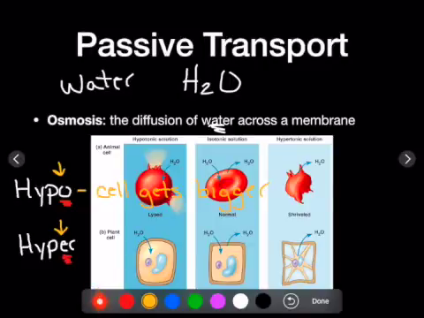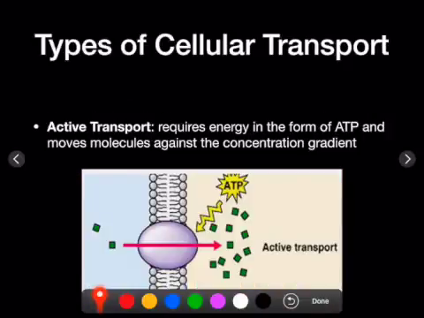Now, in hypertonic, the E is smaller, the cell gets smaller, okay? And when the cell gets smaller, it often shrinks. So there's a higher concentration of water inside the cell than there is out, and water flows out. Again, hypo and hypertonic. Now, active transport is completely different because energy is needed in order for this process to